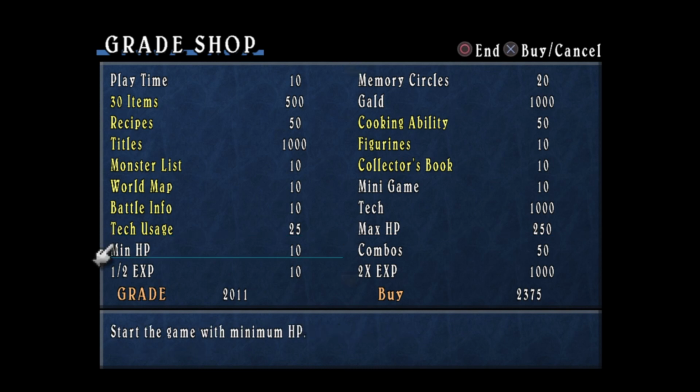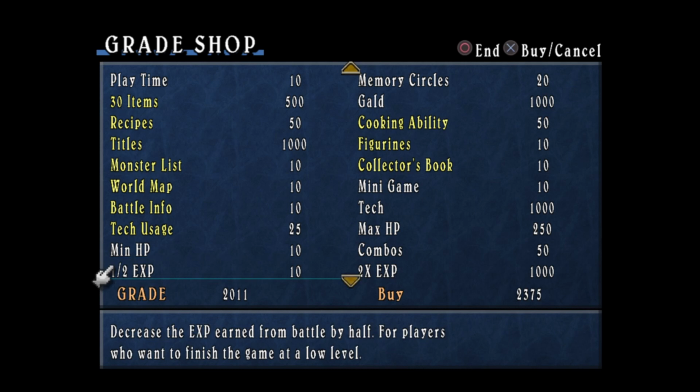Minimum hit points if you want more of a challenge. Half experience if you want a low-level game. We'll probably be doing this for, well, assuming we actually go to a third playthrough, or just for your own game at home. This would be a good one for the, I'm forgetting the name of it off the top of my head, but the challenge title for Lloyd, where you have to be at a certain lower level when you fight